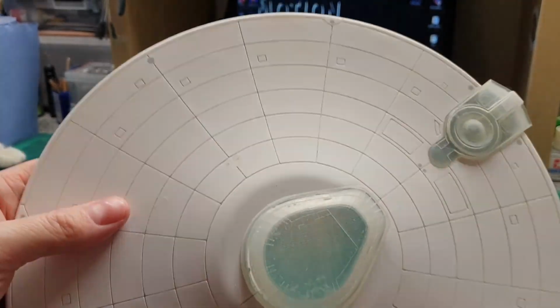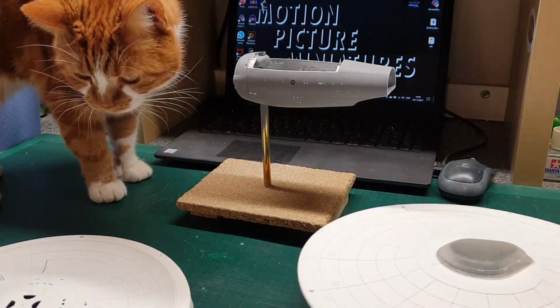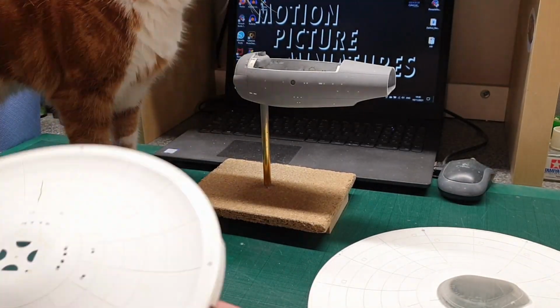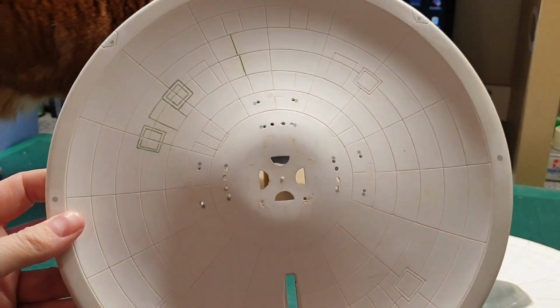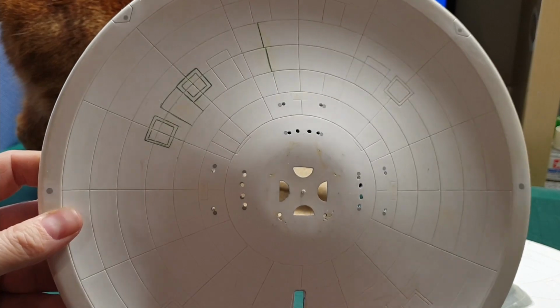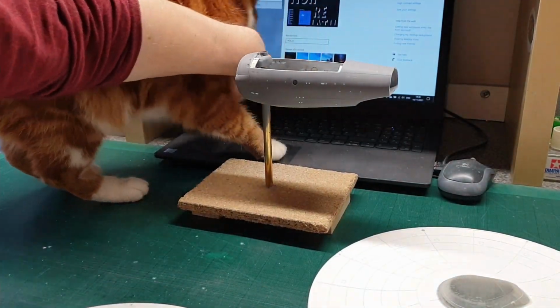So that's been sanded over, and there's my cat Willow. She's just checking on everything, making sure I'm not missing anything. And these ones, I've filled these holes. Oh look, she's totally wrecking my computer now. Get out of the way,